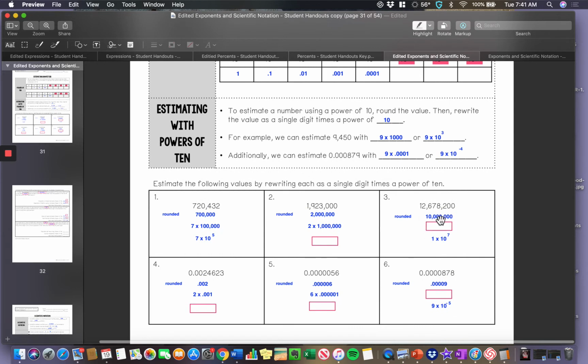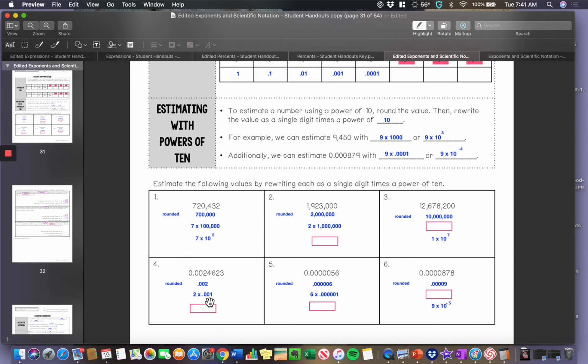And that's going to make 10 million. Sorry, 10 million. So for number 4, our decimal was this. I rounded it to 0.002 because I looked to the right of the 2. It was 4 or below, so the number stays the same as 2. I have 2 times